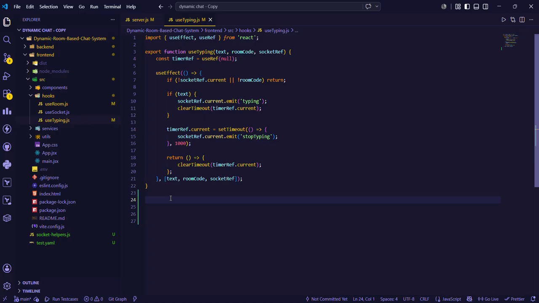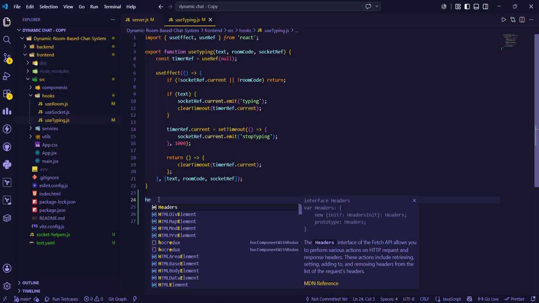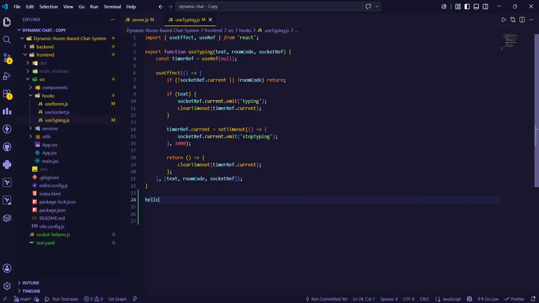Here I have used the debouncing concept. Firstly, let us understand what debouncing is. It is a technique that limits function executions. If the user is typing hello, then at each keystroke of HELLO the event is emitted, so it can lead to